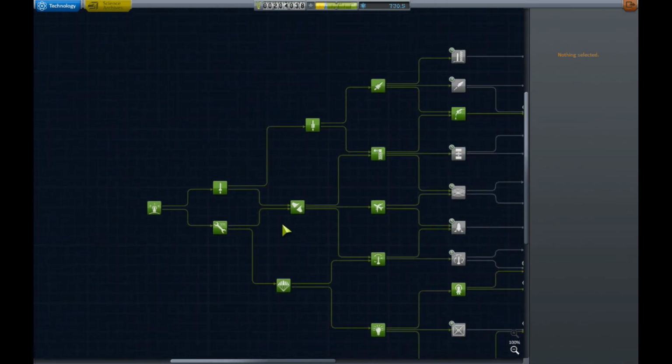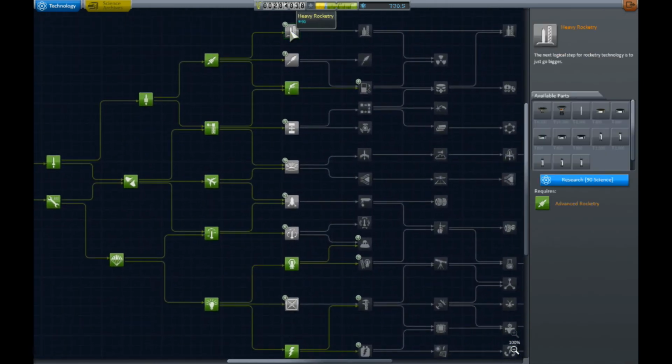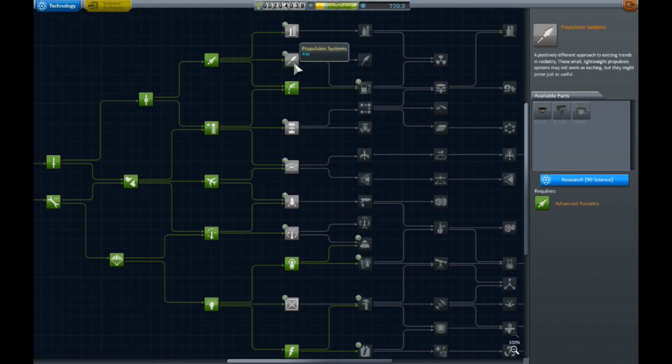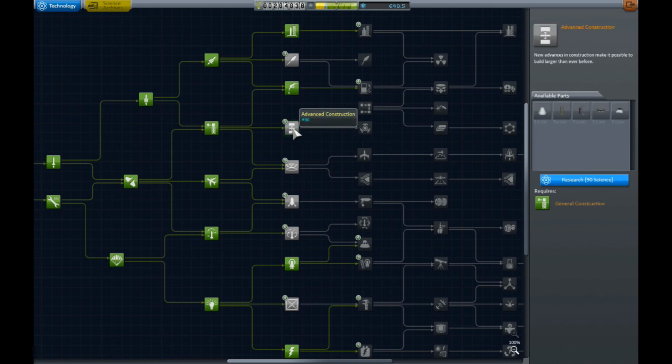We are definitely going to be able to move on to the next tier and start focusing in on some sort of technology that we want to stick with for the rest of the time. But to start out, we're going to get some bigger rocket parts. I know that we're going to need them. Also,